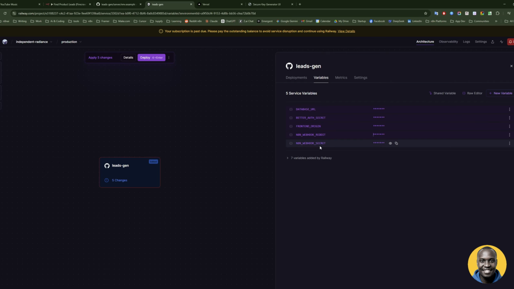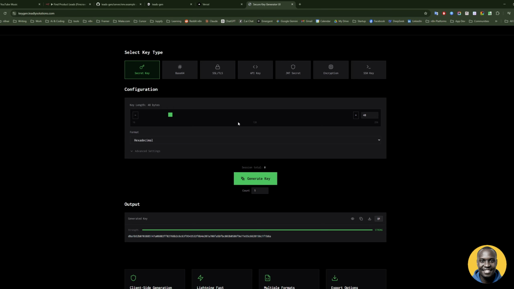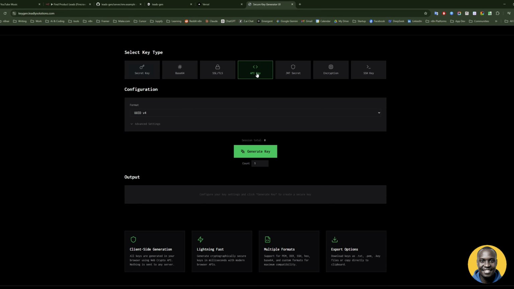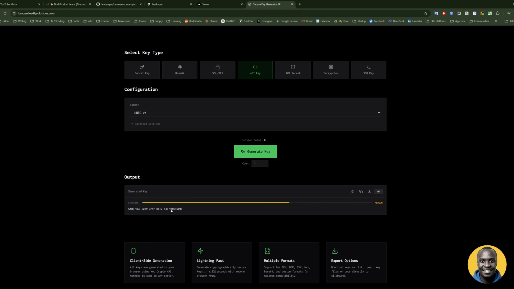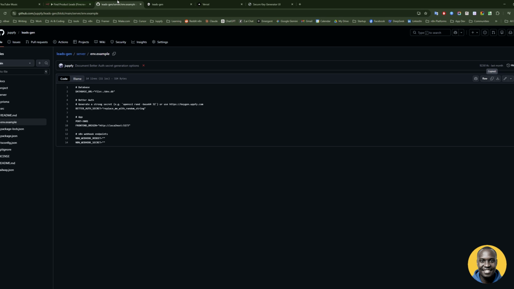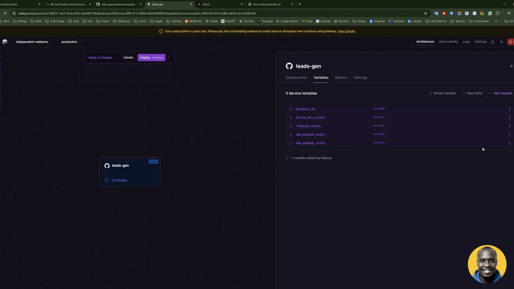So I'm going to show you how to get this one also. Head over to the same one. Maybe you can switch to API key here, and then even the UUID. Click on this, get this API key, just copy it, come to, where is it, Railway. Yeah. Then let's go to secret, and that's it. And then we're going to click deploy. Yeah, so we're going to click deploy, and then I'm sure that the webhook secret is still copied on your